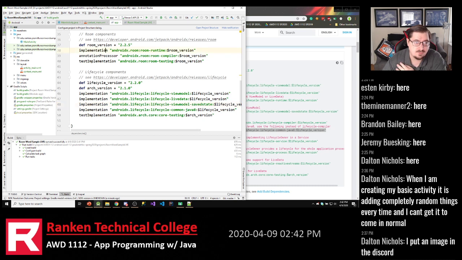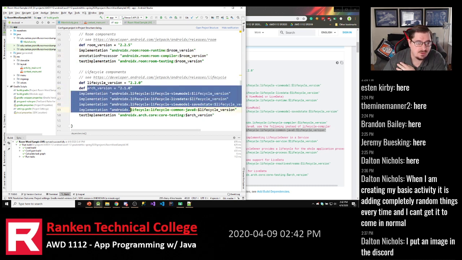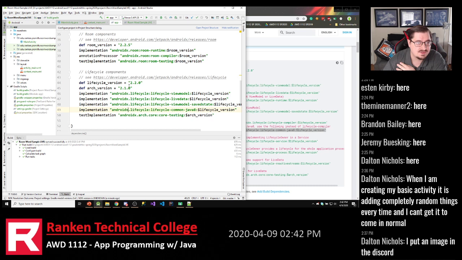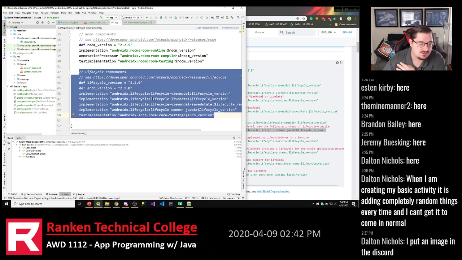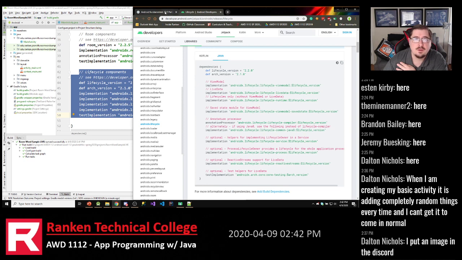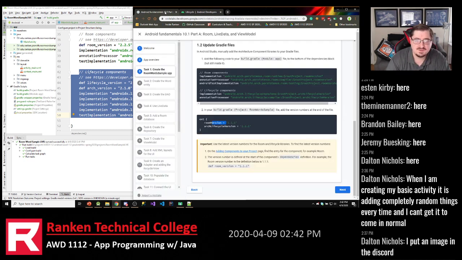Okay, so that's for the room dependencies as well as the lifecycle or architecture component dependencies. These are the ones we're going to use today. And then when we come back and do part 2 of this example, that's where we're actually going to use these dependencies. So we're adding them now, but we're not actually going to use any of these dependencies yet. Okay. Now that we've set up the dependencies,